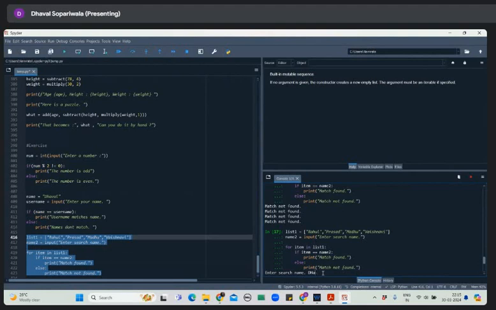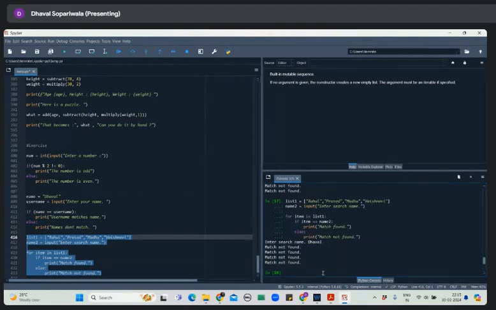Okay, give name. So match not found. This is giving me 4 times. It means there are 4 results. So you need not write the else part every time,